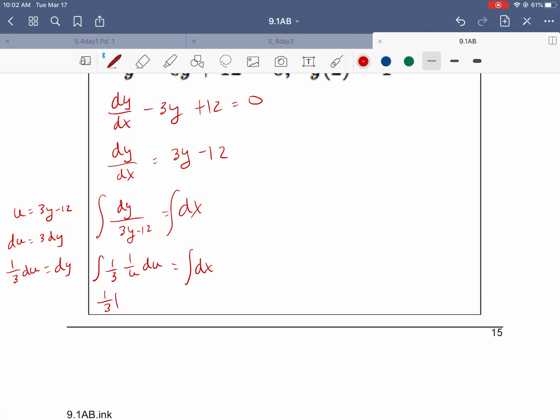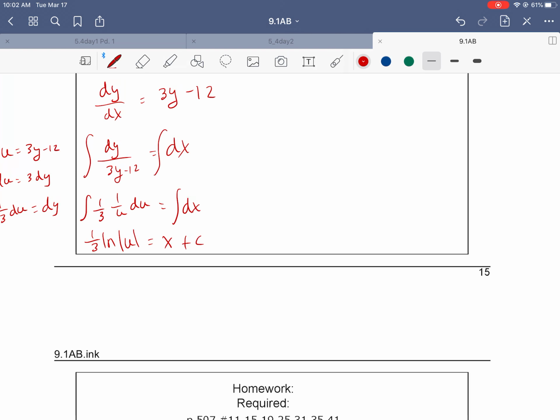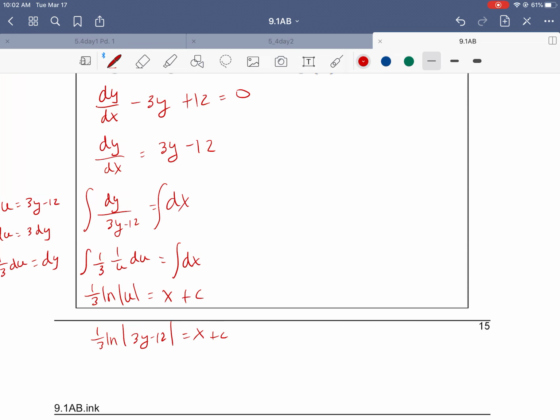Right. So integrating this, I have 1/3 ln u equals x plus c. So 1/3 ln of 3y minus 12 is equal to x plus c,